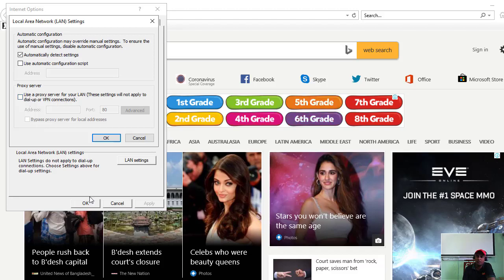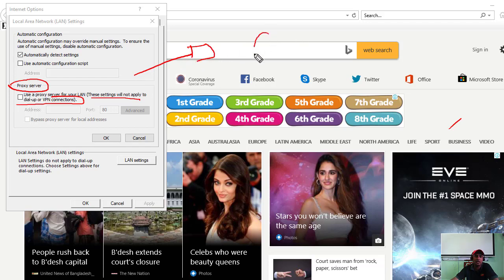Use a proxy server, then these features are inbuilt in the computer, right? You can apply. Use a proxy server for your LAN. These settings will not apply to dial-up or VPN connections. So dial-up and VPN are other connections where through the VPN we can connect. That means outside mobile users come into your organization through virtual private network connections, right?